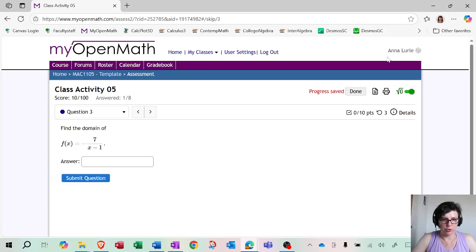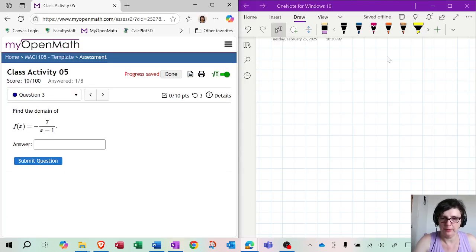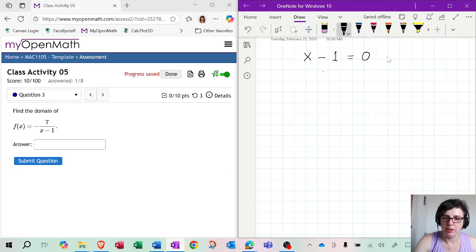So what we need to do is take the bottom, okay? So whenever you have that ratio, do not worry about anything else. Look at the denominator. Take the denominator, set it equal to 0, and solve it for x. Well, in this case, it's very easy. I'm just going to add 1 to both sides. So I will get x equals +1. But that's the value to exclude. We do not want it because if x is 1, that's when we get 0 on the bottom. So any other number is okay.